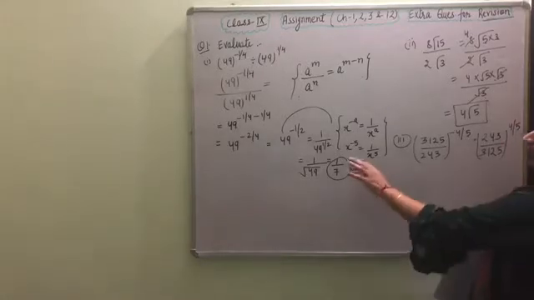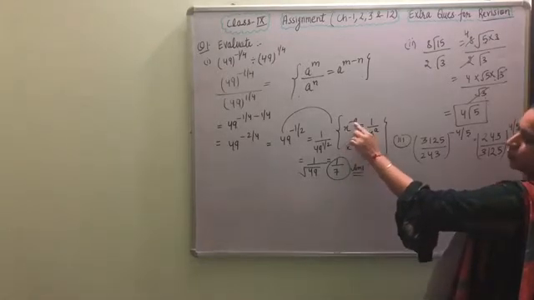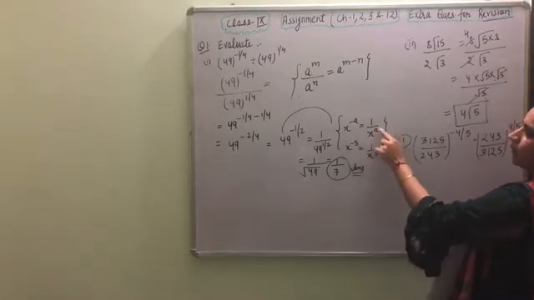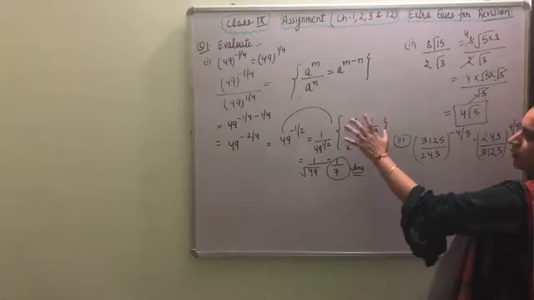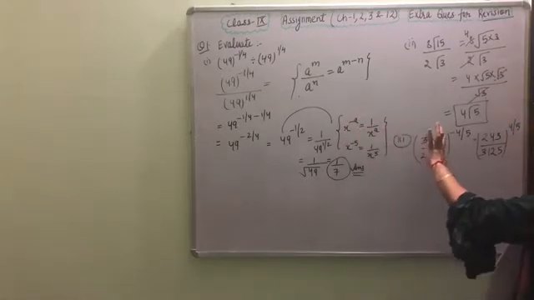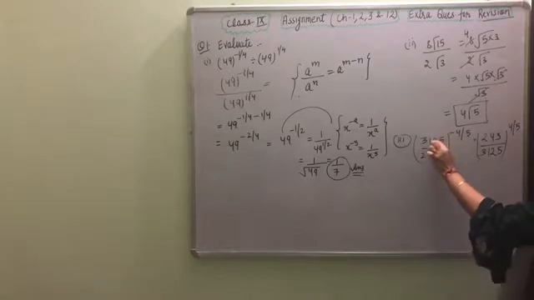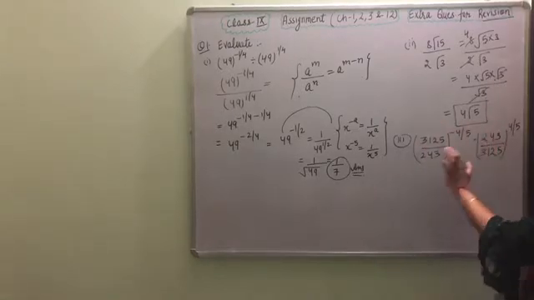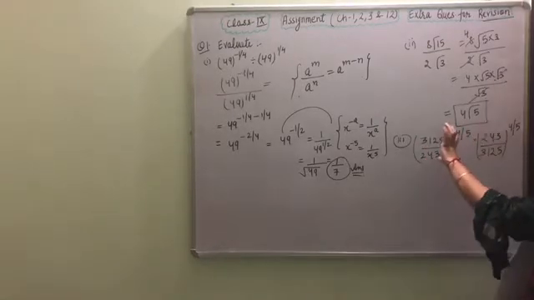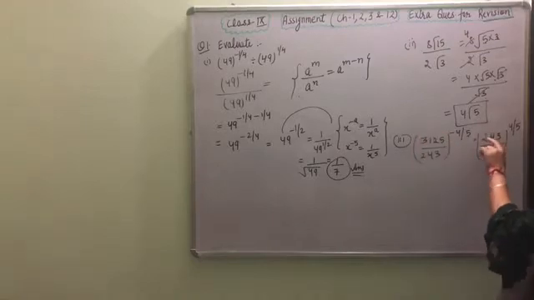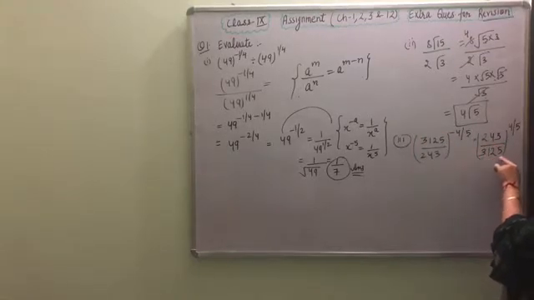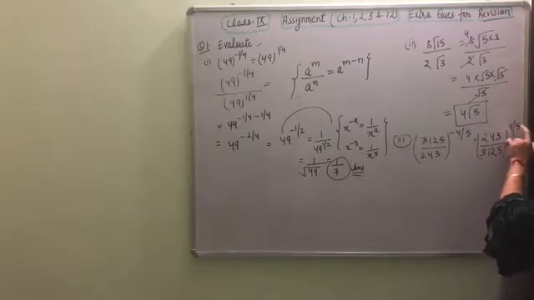This law here we applied, the same law, x raised to the power minus a is equal to 1 upon x raised to the power a. So these two terms will be converted. Numerator will become the denominator, denominator will become the numerator. Both will be the reciprocal. It will give us 243 divided by 3125 raised to the power 4 by 5.